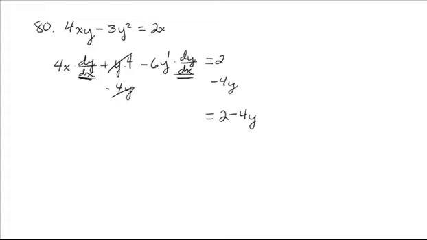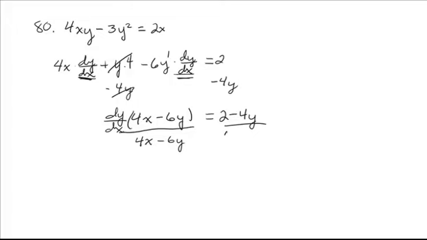Now the remaining two terms have dy dx in it, so I can pull that out front. Dy dx, and what's left? 4x minus 6y to the first. We don't have to write the first. And the only thing we get left with is to divide. So we're going to divide both sides by 4x minus 6y. 4x minus 6y. And there's our dy dx equals 2 minus 4y